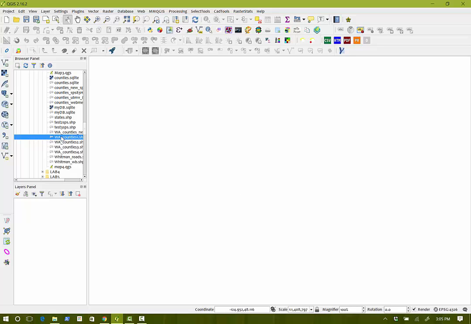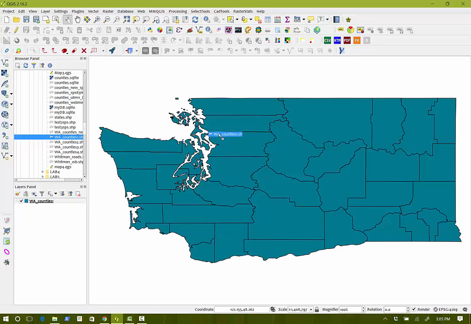Now we're going to add our Washington counties shapefile to the data frame. Note down here in the lower right hand corner that our current CRS is the WGS84. We're going to add our counties 1 shapefile. Now look, down in the lower right corner, we see that our current coordinate reference system has changed to